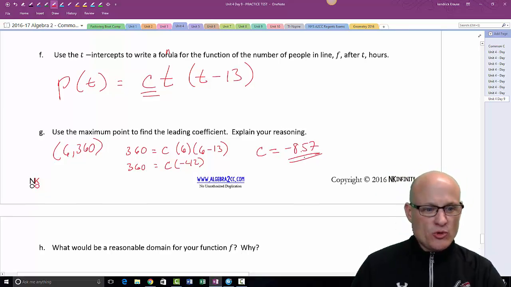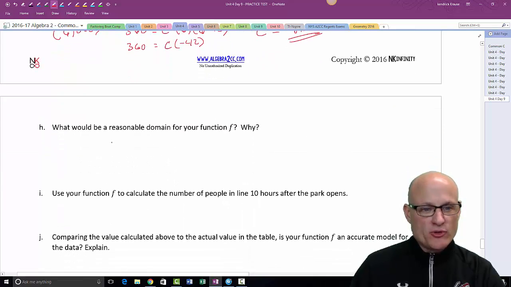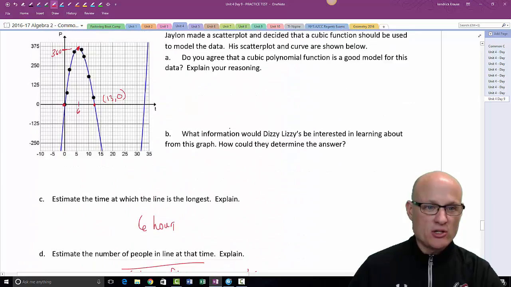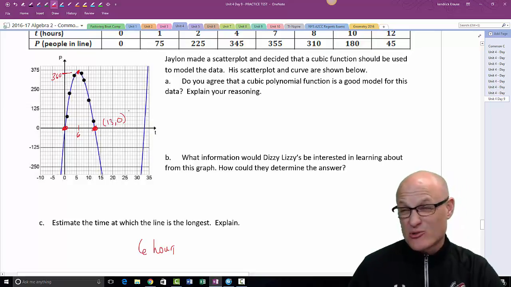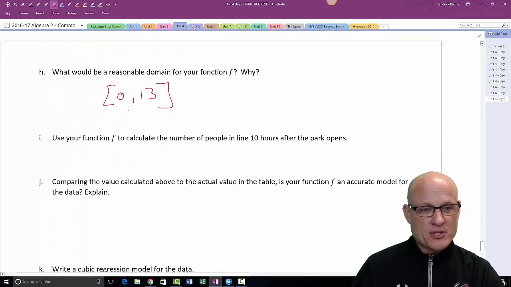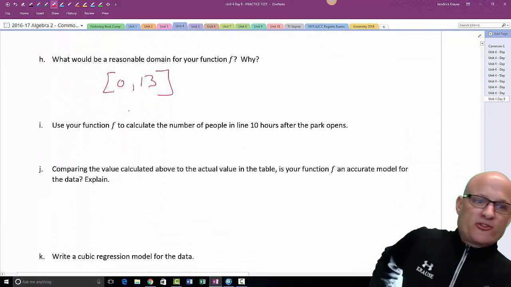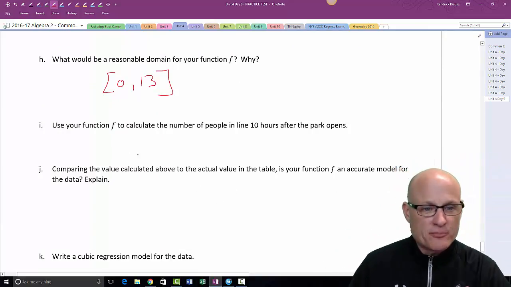So what would be a reasonable domain for your range? Domain. My reasonable domain would be from 0 to 13 hours, because it looks like the park closes after 13 hours. So whatever time they open, they're going to be open for 13 hours because the line is 0 at 13 hours. The only way the line is going to be 0 for a roller coaster is if there's nobody in line. Your park's closed. Use your function f to calculate the number of people in line 10 hours after the park